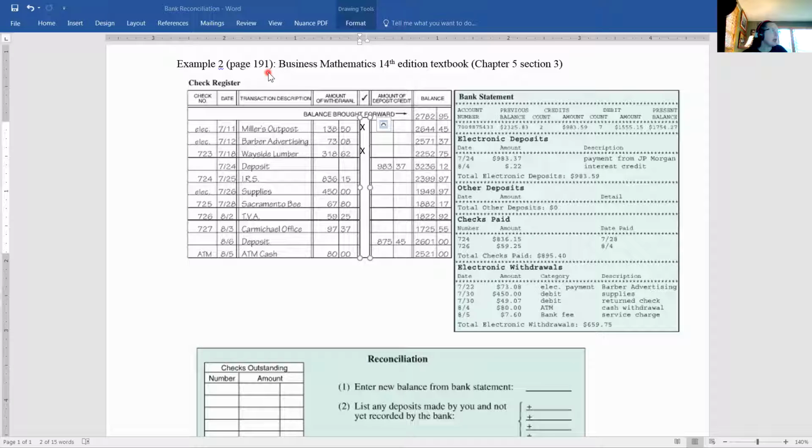This is example 2 from page 191. This one is a nice example because it's all on one page, so everything you need to compare is pretty much right next to each other. In general, even with modern applications such as banking apps and online banking, this process is still